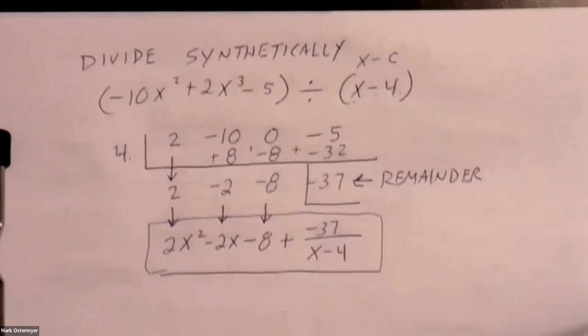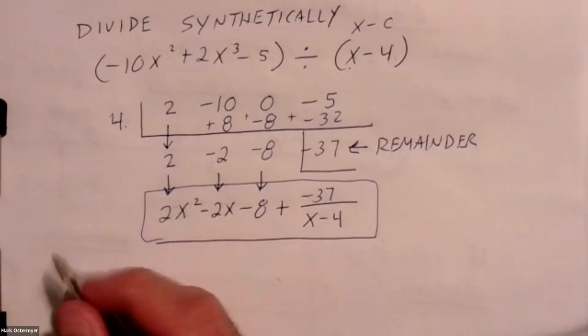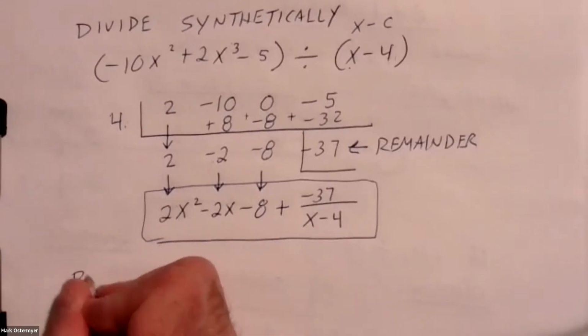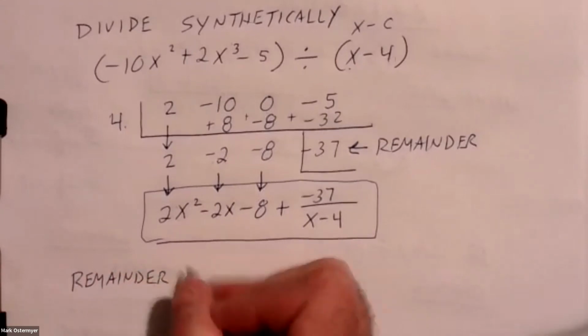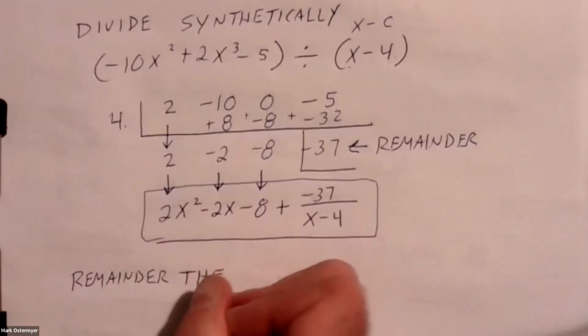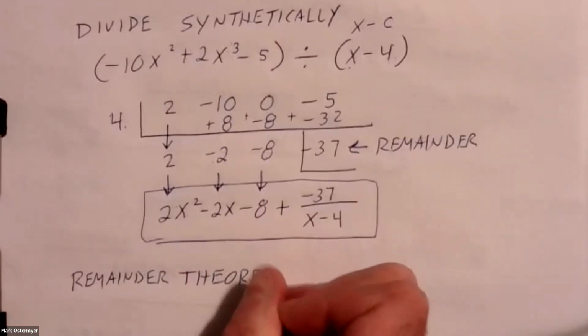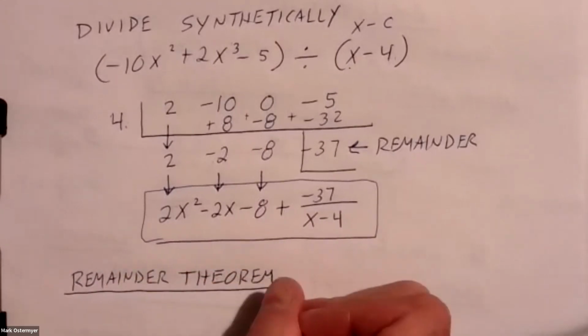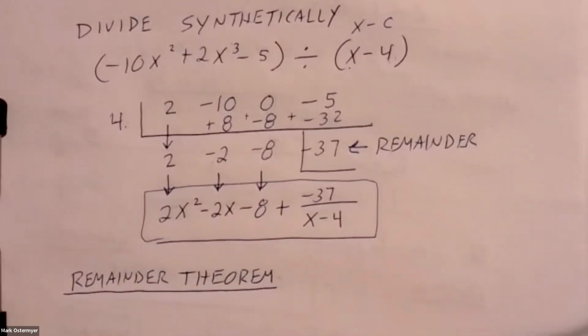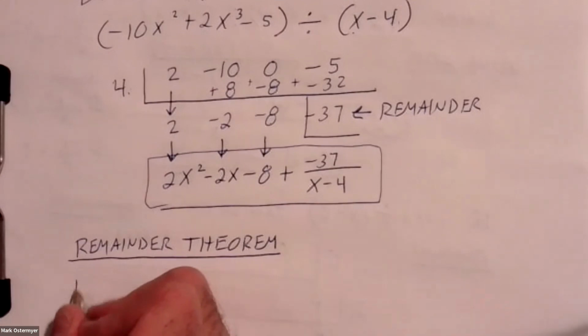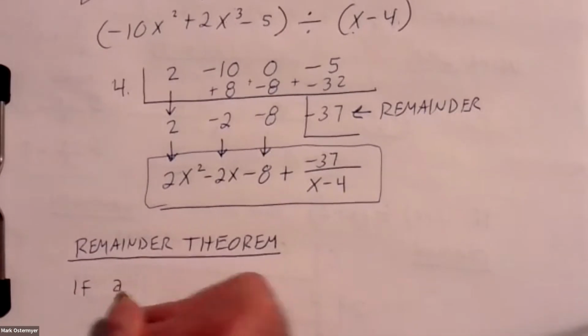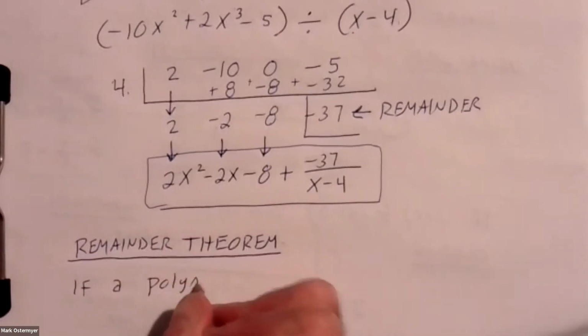All right, that brings us to our remainder theorem. First of the 2 big theorems in this section. This is called the remainder theorem. It's really interesting what it says. And of course, all theorems have proofs. This is not a proof writing course, but there is a proof to this theorem. If you're interested in viewing that proof, I could dredge it up for you. Just let me know. If a polynomial